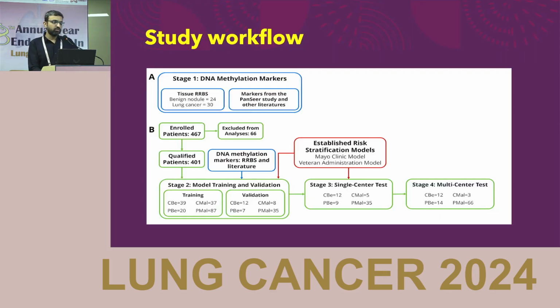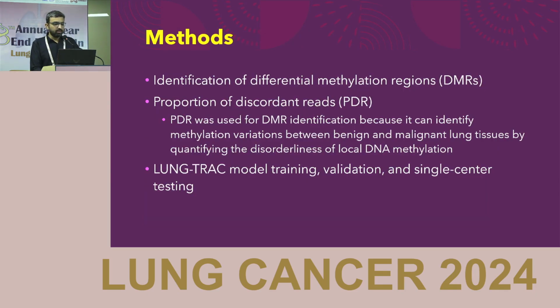So this is the schema of the study, in which the first methylation markers were identified out of around 54 patients, and then 467 patients were enrolled, out of which 60 were excluded and 401 patients were used for the study cohort. And then it was done in a training and the validation set, and then again it was validated in a multi-center test. So first step was this identification of the differential methylation regions, and then proportion of the discordant reads, that is the difference in the methylation of benign versus malignant, was identified, and then the model was